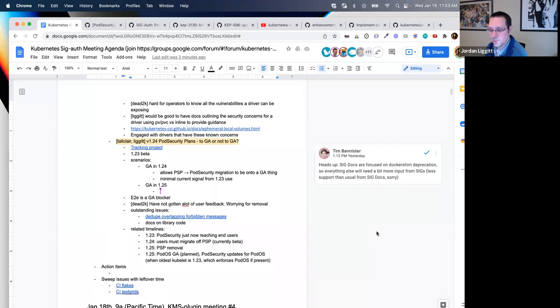Is it just user reports that we're waiting on? And if so, in the future, if we are not enabling beta things by default, how are we going to get that? I don't know that it's particularly relevant here, since it is on by default in 123 and 124, but.